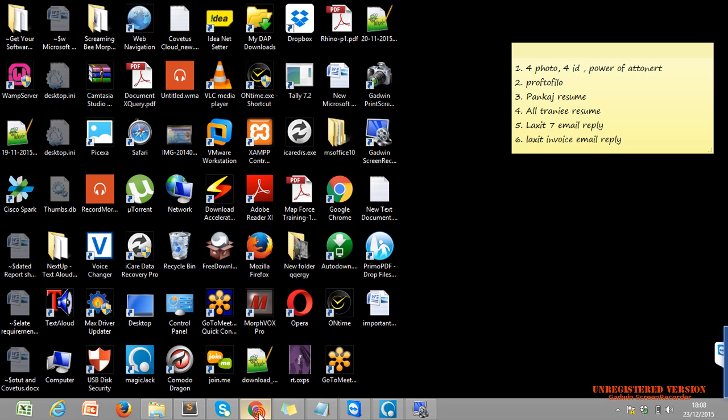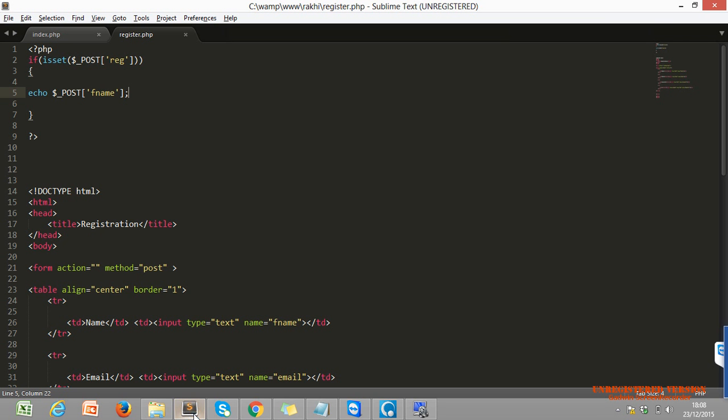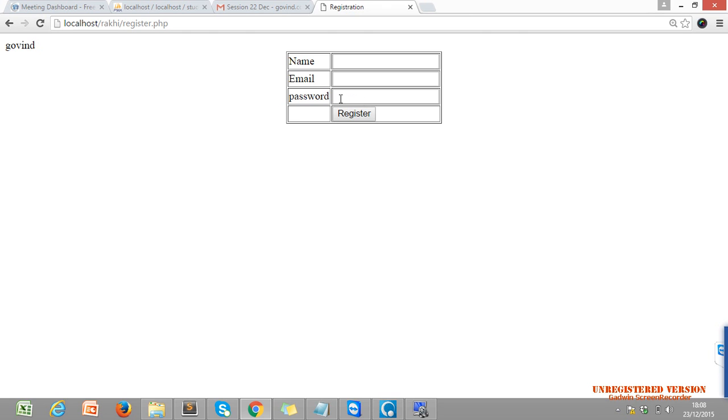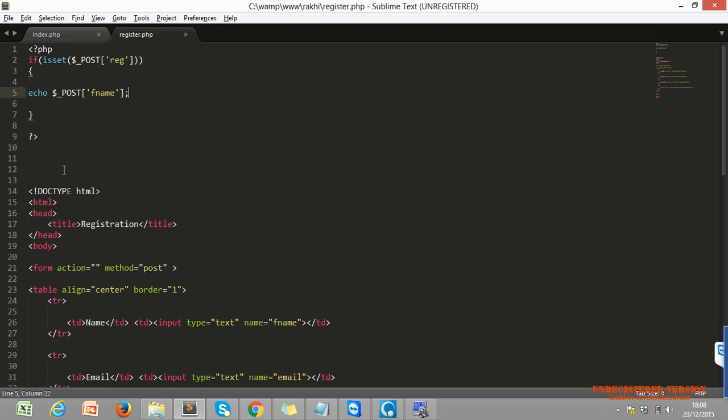now just come back to our registration page, where we submit our registration form. Now let's see whether we are getting the value or not. If we click on the first text box, we get nothing, so it is printing nothing. If we enter any name, then it will print. Why? Because we just echo that. Okay, it is working, due to the post, right? Yeah, because of this we are getting the first name.